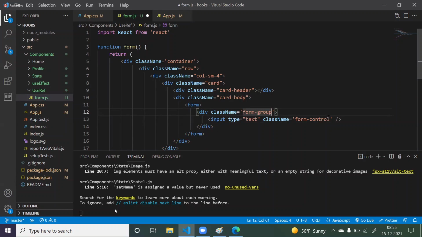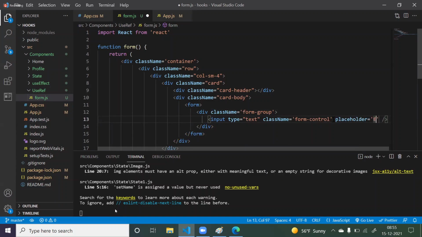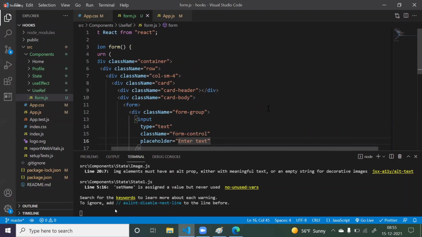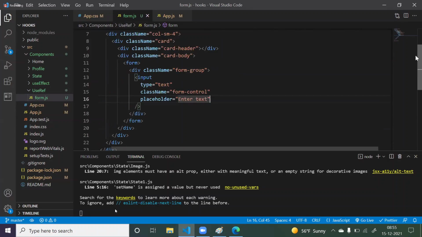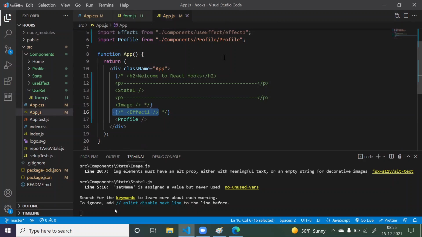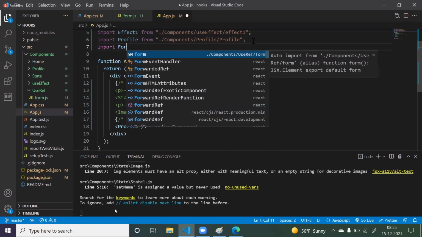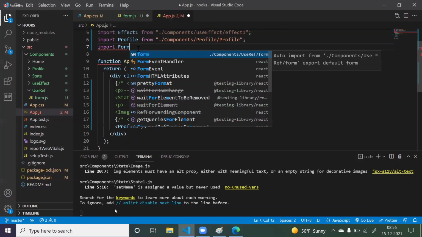I have created one input box, and if you want, you can write a label or a placeholder, something like enter text. Just created one input group. Now you got export default. Go to your App.js and import it. Import Form. First let me change the name here, make it a capital F, Form.